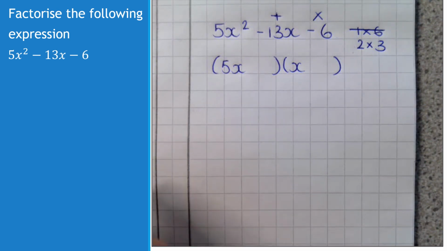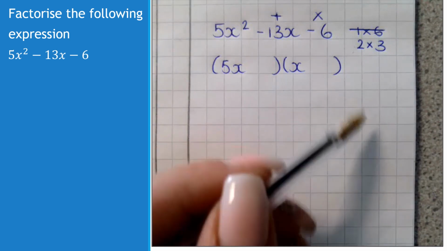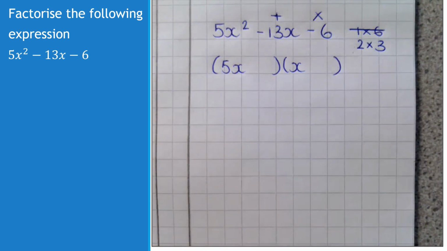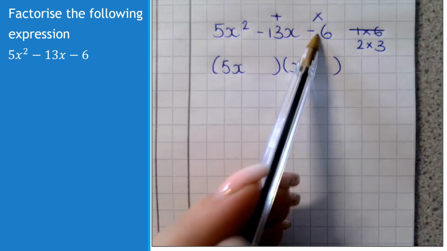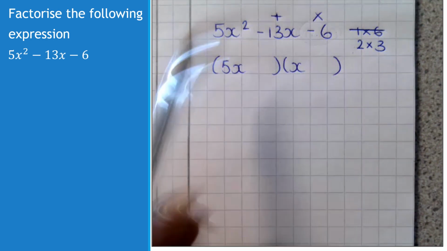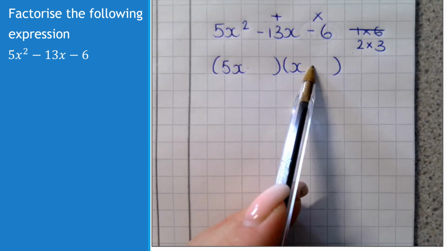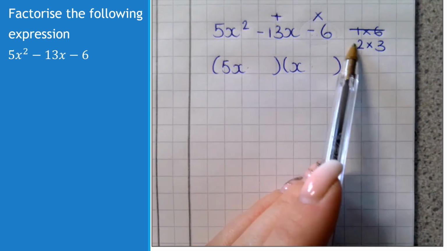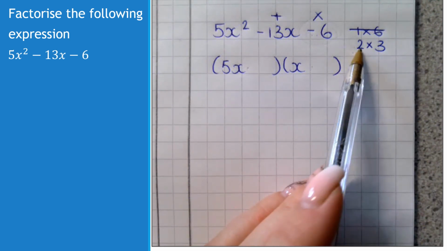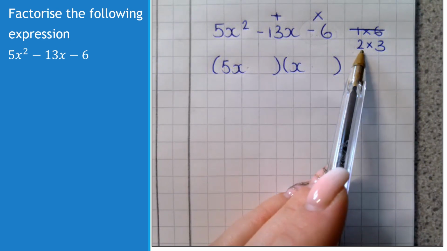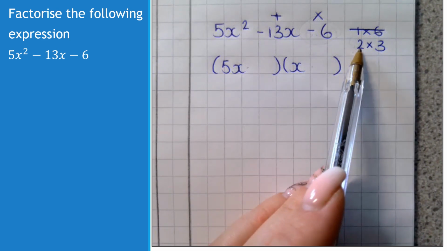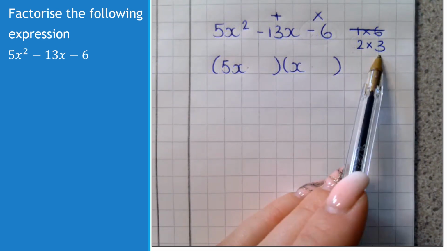Some people have to think about it a little bit, and it's absolutely okay to write some notes to figure out which one you're going to choose. So we know that because we've got a minus number on the end here, we're going to have different signs. So one's going to be positive and one has to be negative. So if we, for example, multiply 5 by 2, which gives us 10, the only way that I'm going to be able to make 13 would be 10 add 3, or